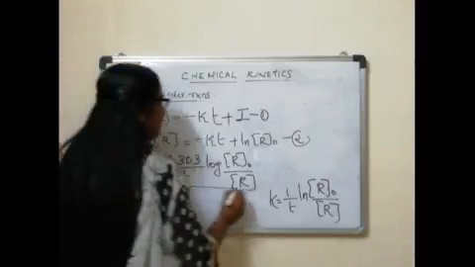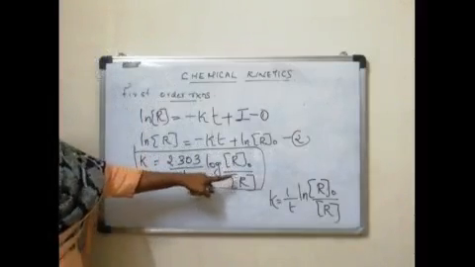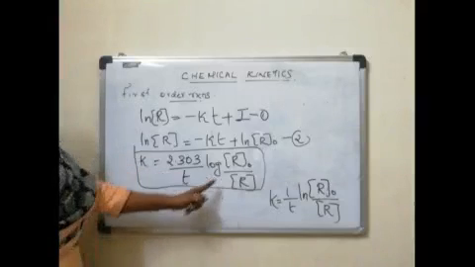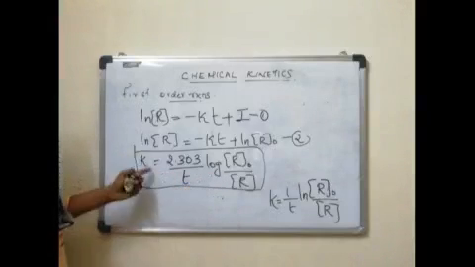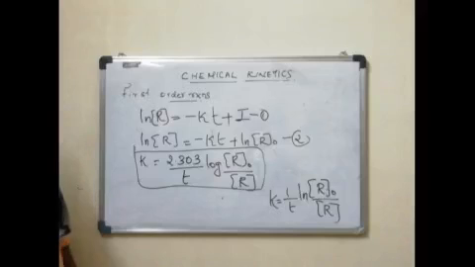Normally, while solving numericals, t will be given, r0, that is initial concentration, and concentration of the reactant at time t will be given. Then we can find out the rate constant k from this equation. Next, at different times t1 and t2, if the initial concentration is not given, but concentration at a time t1 and another time t2 is given, and you are asked to find the rate constant, then we have to derive a particular equation for that.